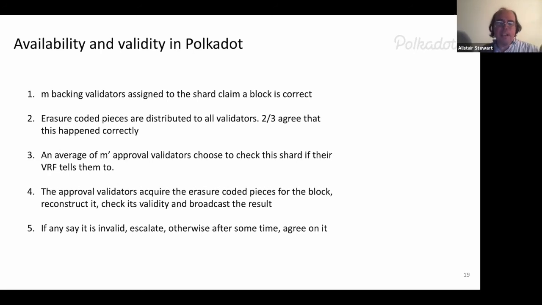And our argument is when we finalize the block, the expected cost of finalizing a bad parachain block is expensive. Because most of the time before you finalize it, if it was really invalid, one of these approval guys will say it's invalid, they'll escalate and we'll never finalize it. And we'll roll it back, we'll switch to a different fork without ever finalizing. I see.